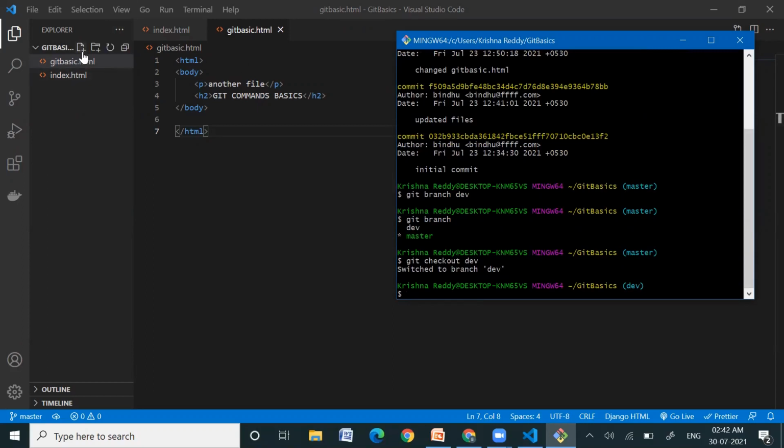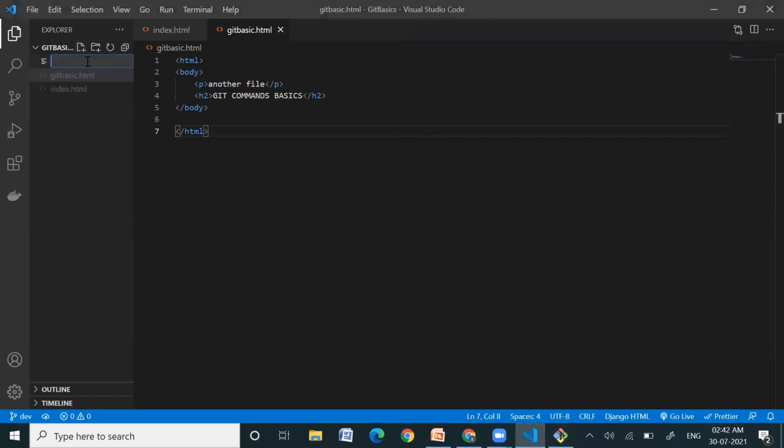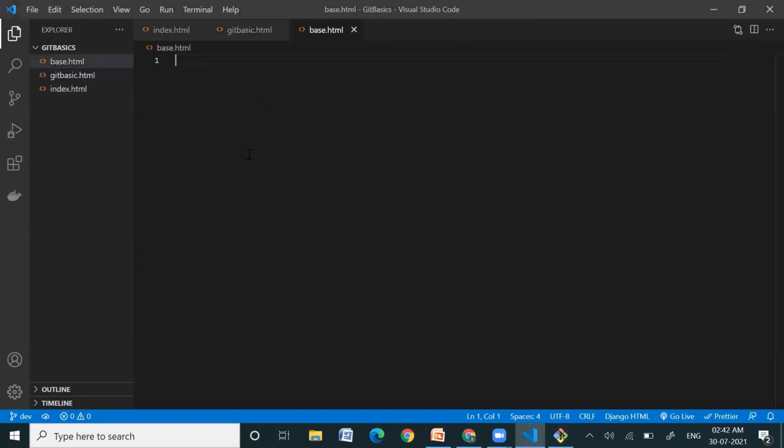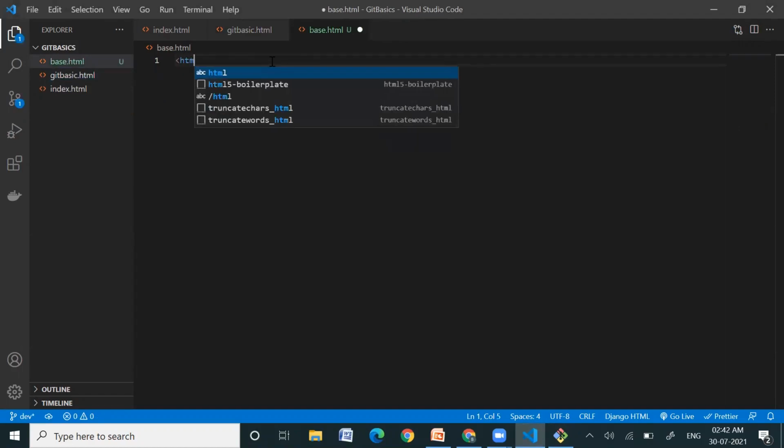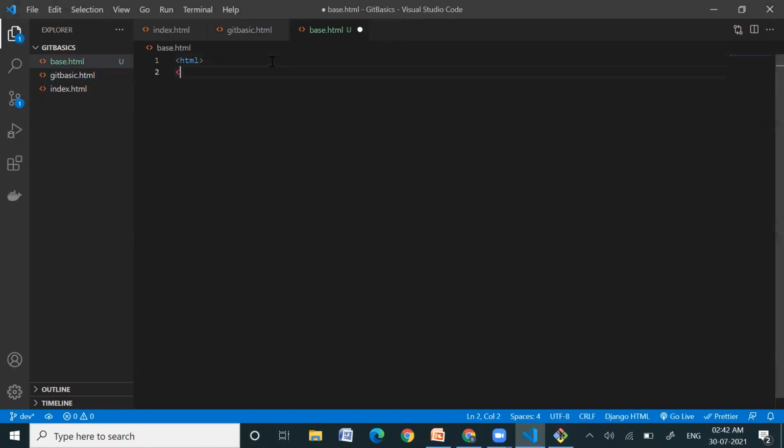So if we make some changes here, we are adding one more file. Let it be base.html. What will we add? Let it be some random thing.